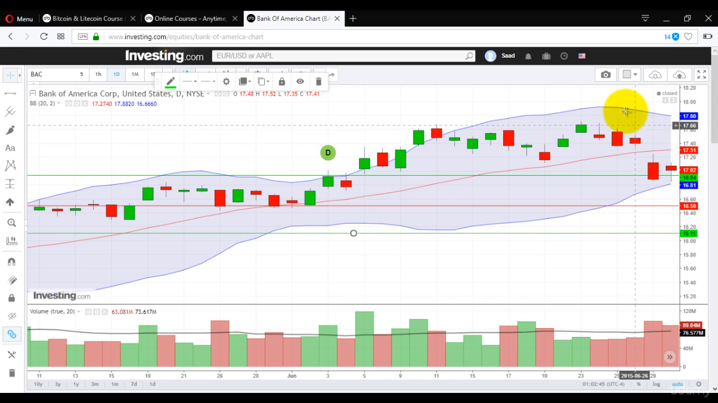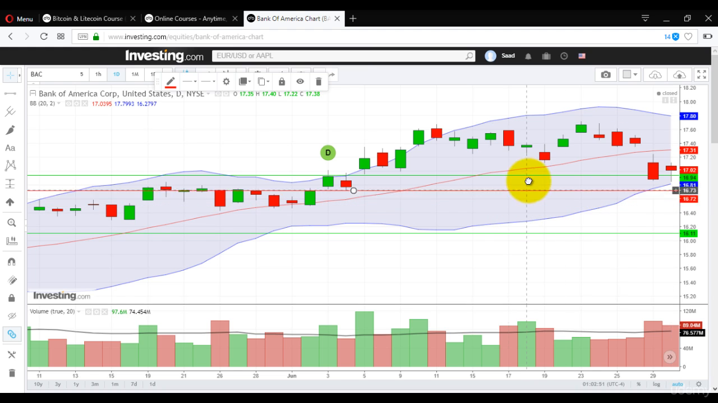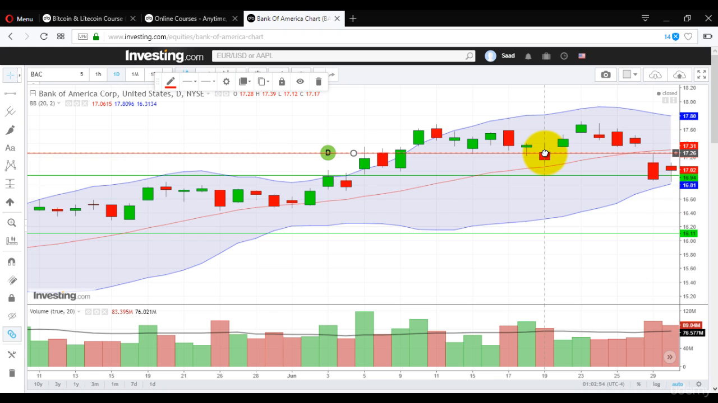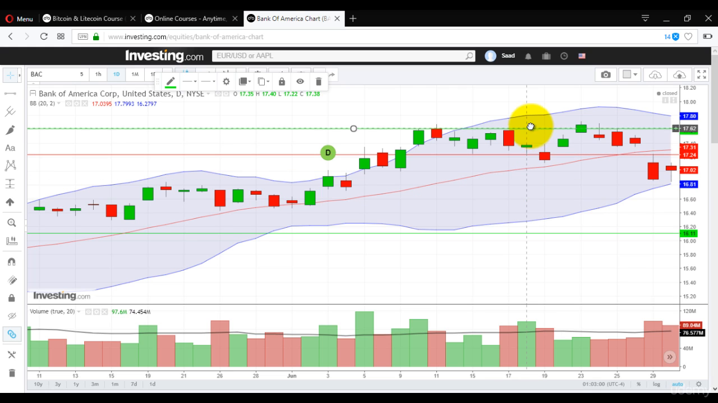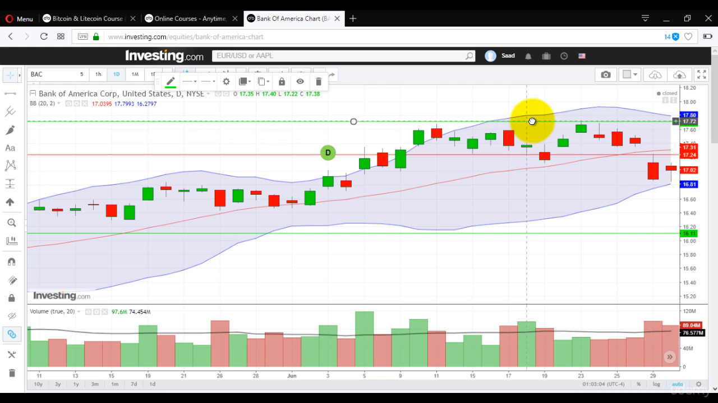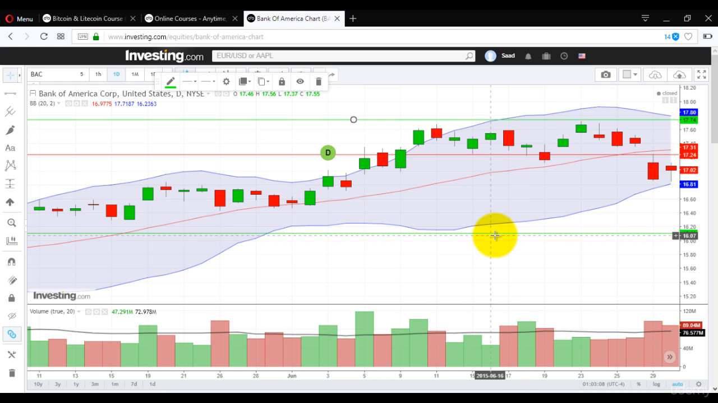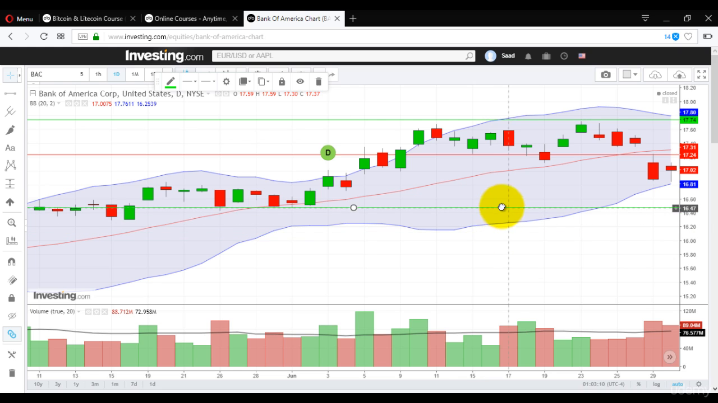Right here, we believe the Bollinger Band is contracting, right? So we will initiate our short iron condor trade right here. The two strike prices: the top one, at a 50-cent difference, would have been 17.75 right here, and the bottom one, at a 50-cent difference, would have meant 16.75